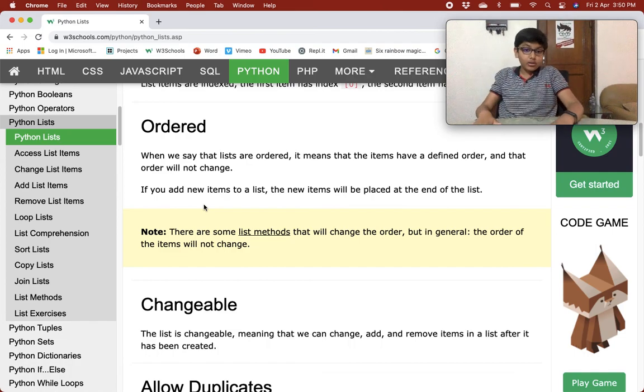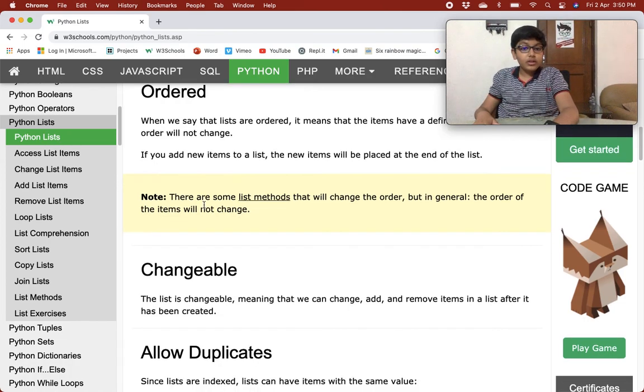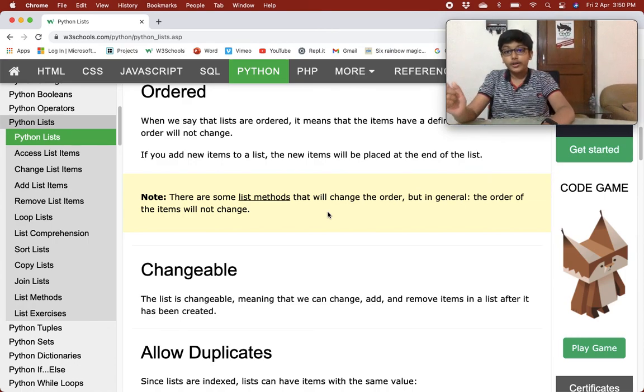Note there are some list methods that will change the order. One of the methods is sort. Another method is reverse. But in general, the order of the items will not change.